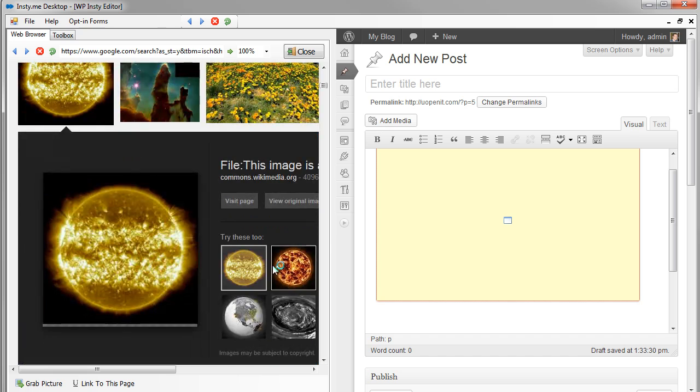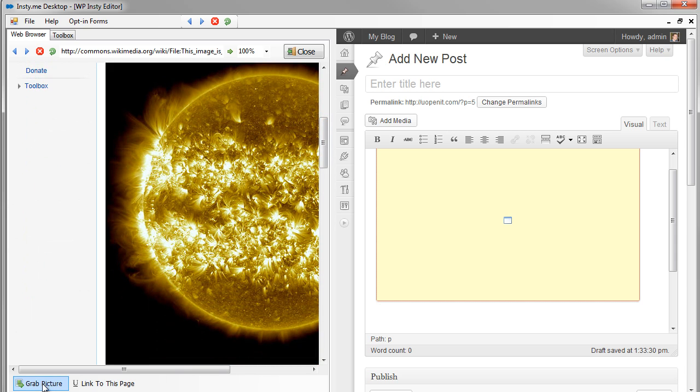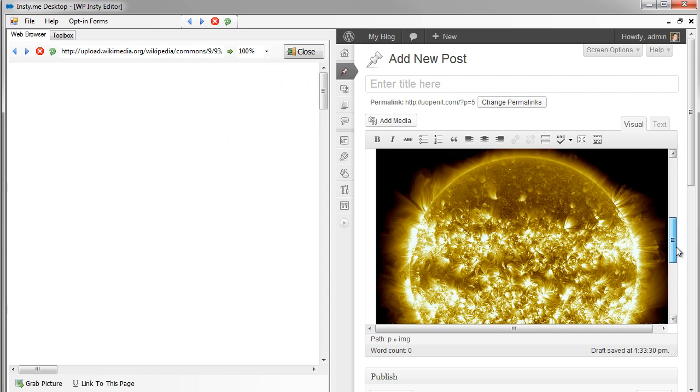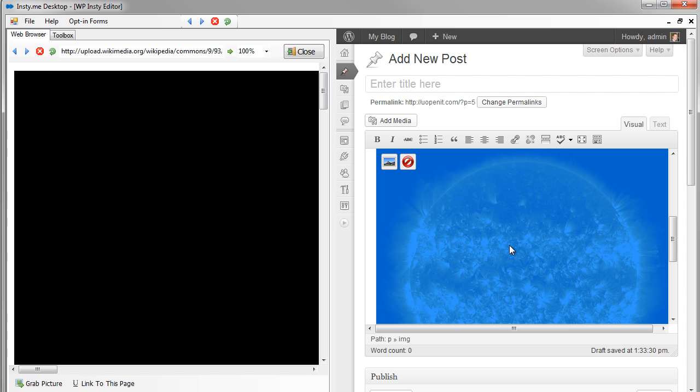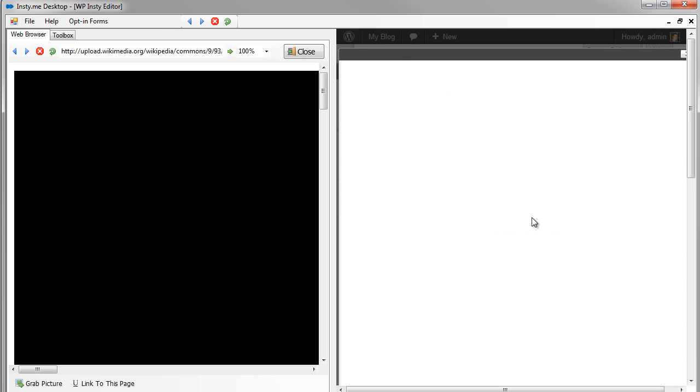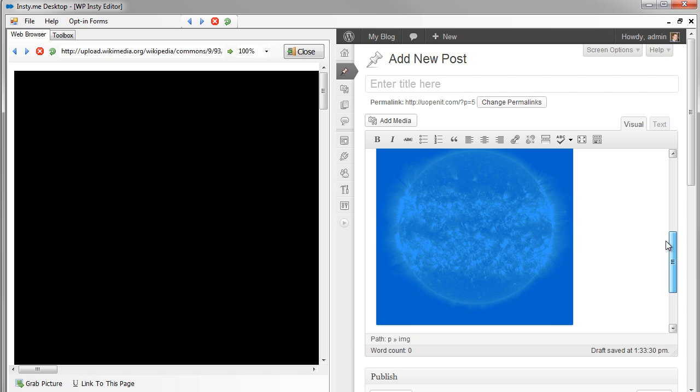All you have to do is click on a picture, and then when you find the picture that you like, you simply click this window or this button down here. It says grab picture, and then you click this button right there, and that grabs the picture that you'd like, and at this point it's right inside your blog. Then you can edit this picture using the edit image and shrink it down as much as you'd like, center it, put any kind of titles or alternate text that you would like, and then click the update button